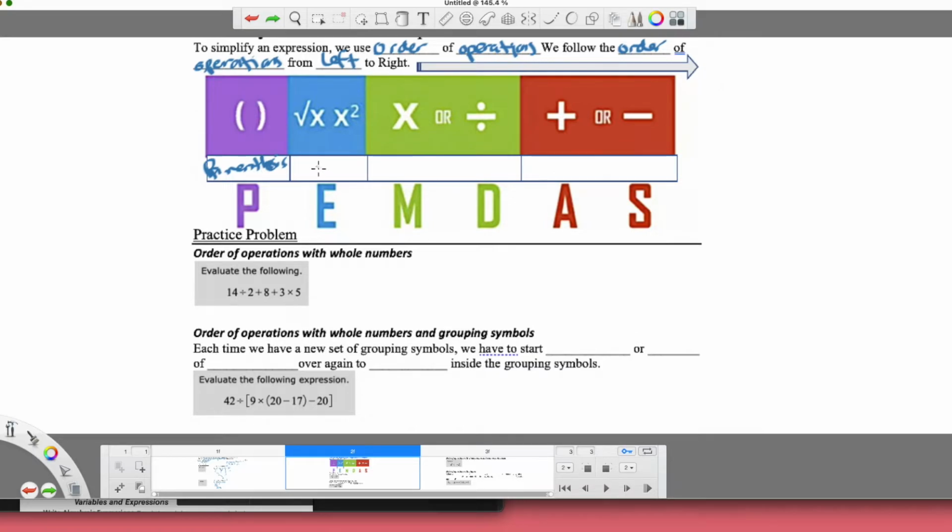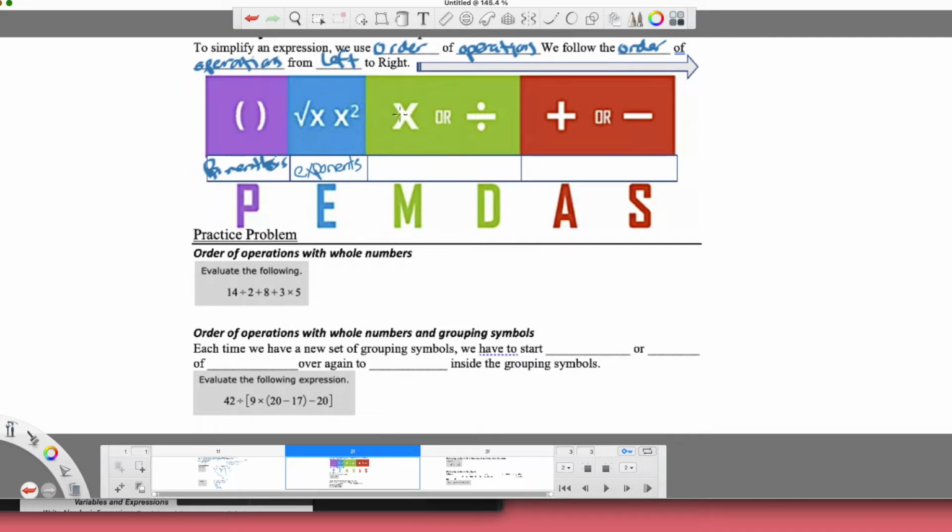And then E for exponents. Exponents. I need to bring the size down on this marker because it's just very sloppy right now. Let's see. Will that help? I'll back up a little bit. Yes, okay, that's a little better. Exponents. It was just that the chisel marker was a little too much. And then